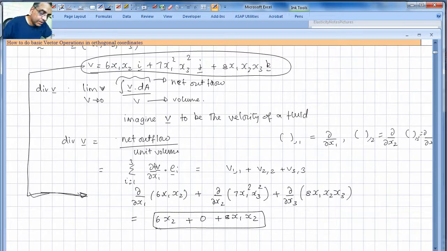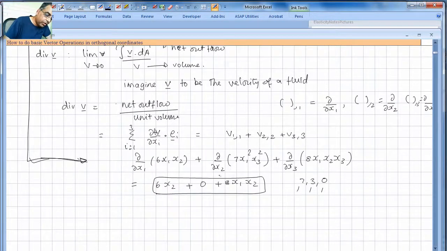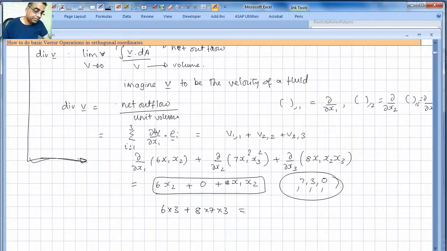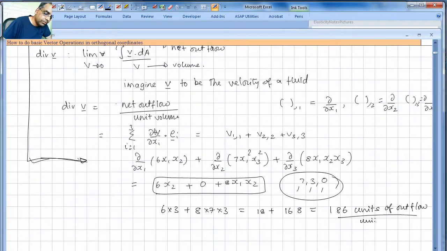So if you pick a point, let us say you pick 7 comma 3 comma 0. This is x, this is y, this is z. Then the net outflow per unit volume at 7 comma 3 comma 0 is 6 times 3 plus 8 times 7 times 3, which is, let us see, 6 times 3 is 18, plus 7 8s are 56 times 3, which is 168. That is 186 units of outflow per unit volume